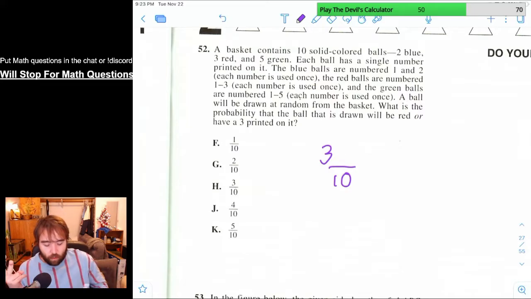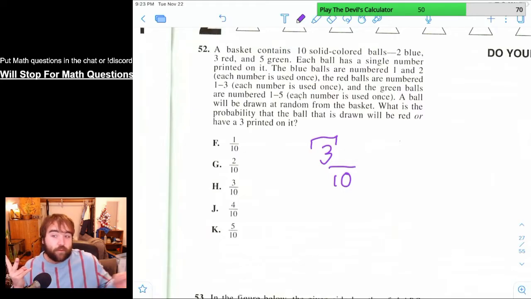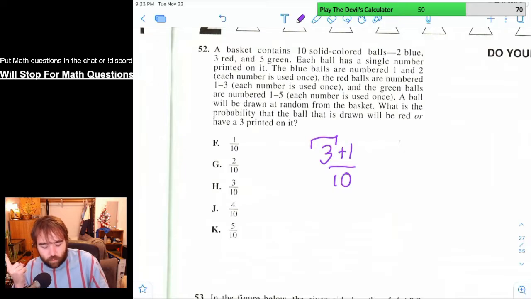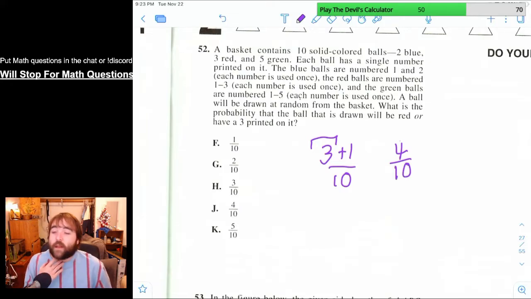But here's the thing about OR, is we already counted the red number 3 in this, right? Because we just said there's a total of 3 balls. So actually, how many more balls have a 3 on them that we haven't counted already? Just 1. Just the green one with a 3 on it. So it's going to end up being 4 out of 10. Because there's 3 red balls, and then there's 1 other ball that has a 3 on it that we haven't